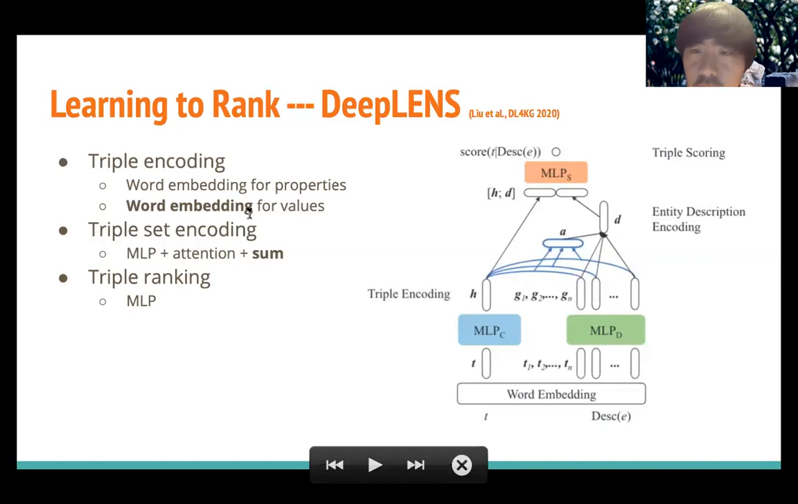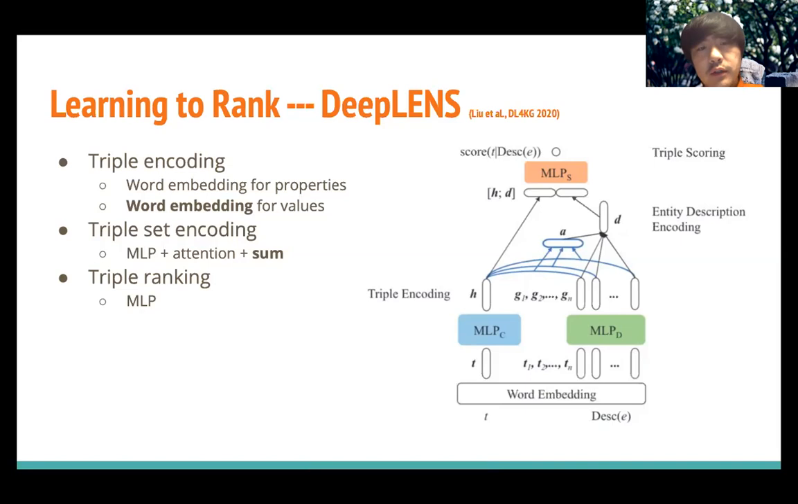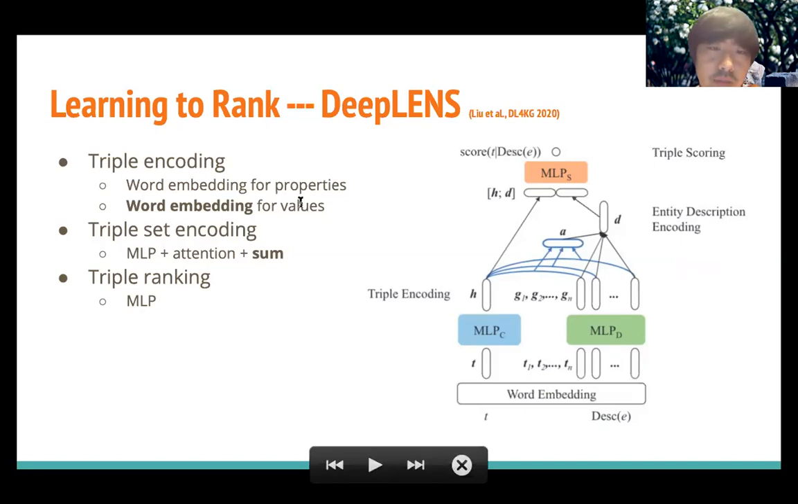First is that we do not use graph embedding. We only use word embedding. Why? Because we find that for the entity summarization task, graph structure seems not very useful. Word embeddings are very important. So for both properties and values, we use word embedding. And after